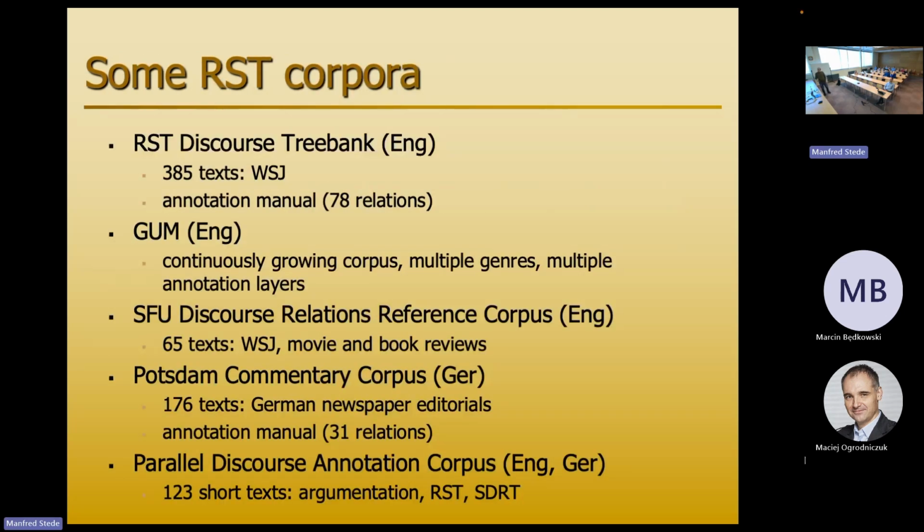Right, over the years, some corpora have been made available for English. Still, I guess, most well known is the eRST Discourse Tree Bank from the Wall Street Journal from 2003. The GUM corpus is, I think by now, in terms of eRST, larger than the eRST Discourse Tree Bank, developed in Zeldes' group in Washington. In Vancouver, people have built another eRST corpus. Our own corpus will be mentioned now in the next episode of this talk. And we also have a parallel corpus of very short texts where we annotated 2 discourse theories plus argumentation structure, so you can look at contrast between the different accounts.